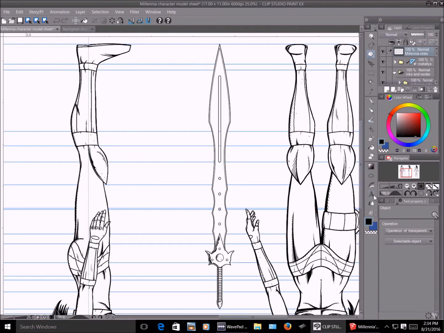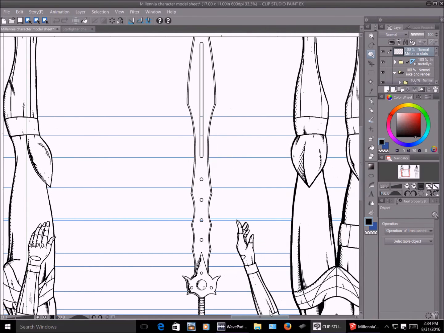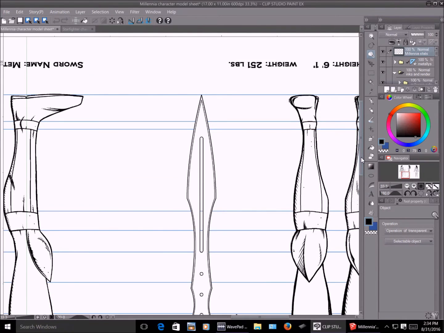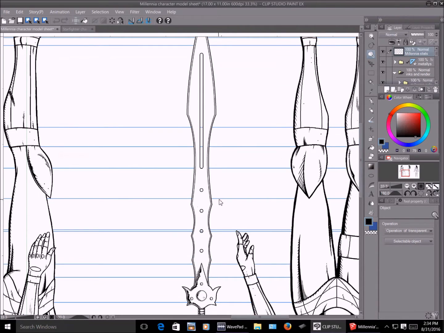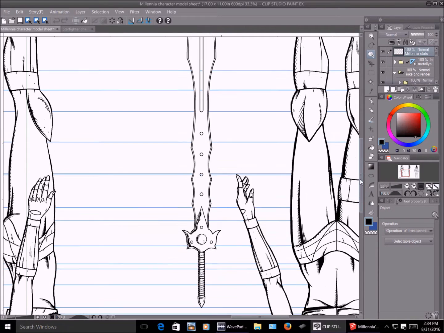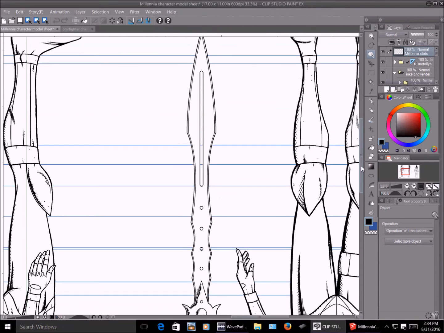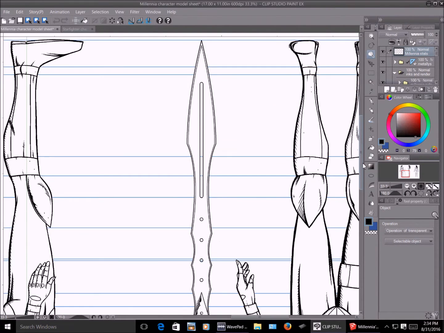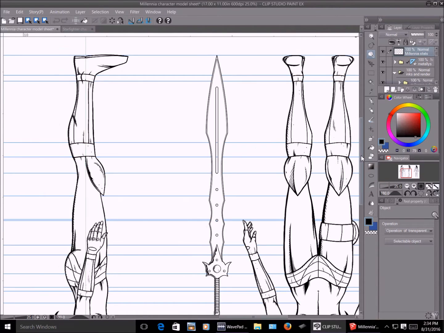And as I was looking at the sword, I realized that this is going to be a kind of weapon that's going to be challenging to draw from panel to panel. Because I have these cutouts that the sword has, these curved edges, the hilt down here with the gems. It's not a complex sword, but it's not a simple one either. And I wanted to make sure that I have it on model in every panel when I draw it.